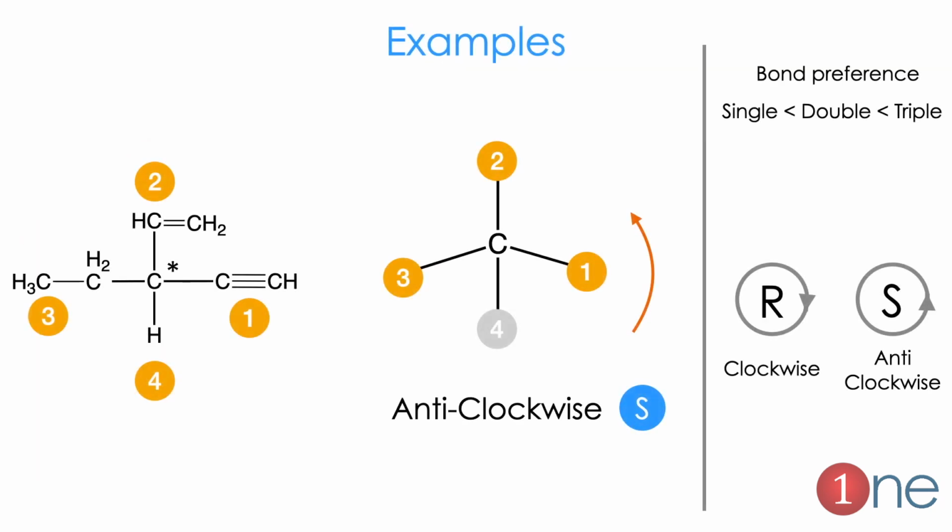Then we go to the multiple bond, which is a little bit complicated example. Here you see the chiral carbon, which is attached to a triple bonded carbon, a double bonded carbon, a single bonded carbon and hydrogen. So the triple bonded carbon gets higher priority, double gets second, single gets third and hydrogen will be the least. So we will write it separately as we do. So 1, 2, 3, it is in the anti-clockwise direction, which is S. So the fourth we will avoid. So it is in the anti-clockwise direction. So here triple bond should get highest priority. Configuration is S.